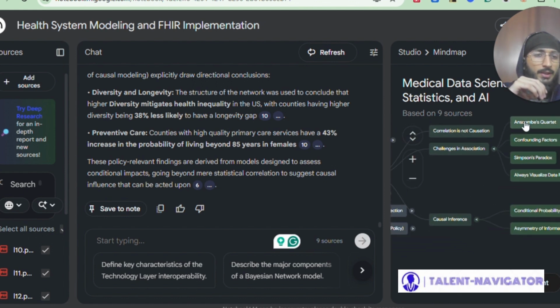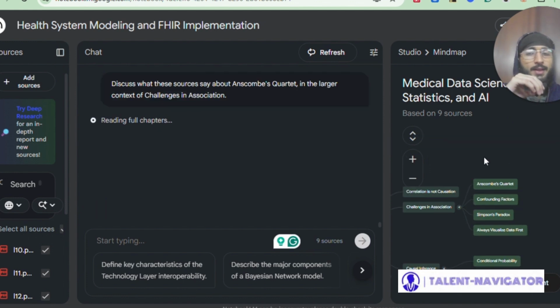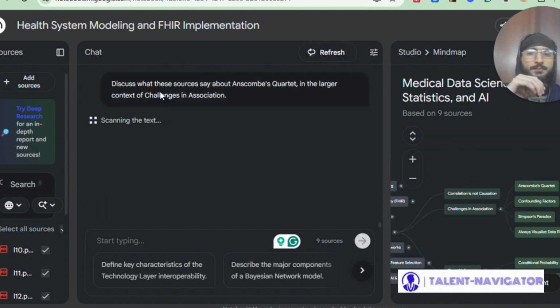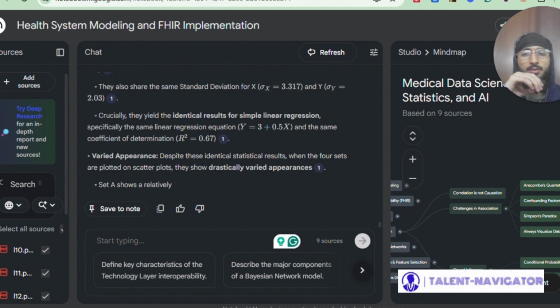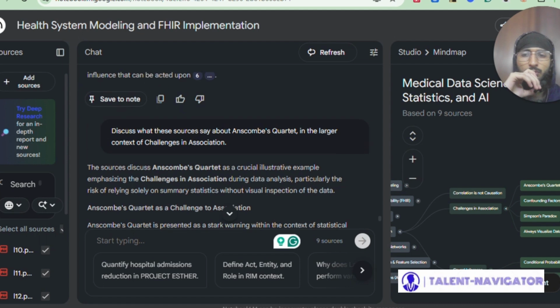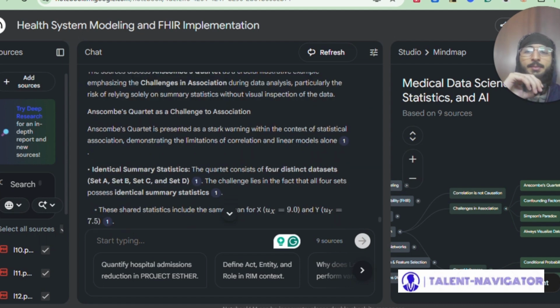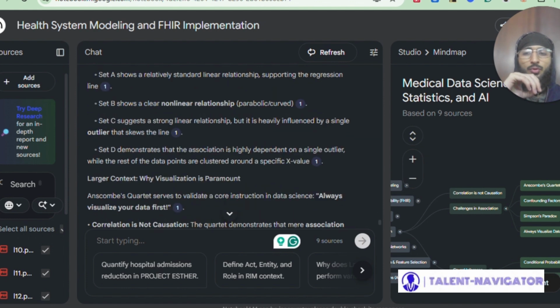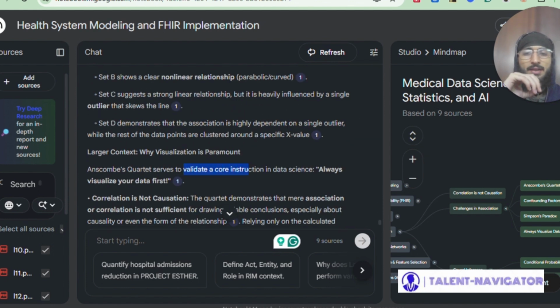And let us see what Anscombe's quartet is again. Right. In the larger context. Okay. So it's basically presented as a stark warning within the context of statistical association, right? So basically, it serves to validate a core instruction in data